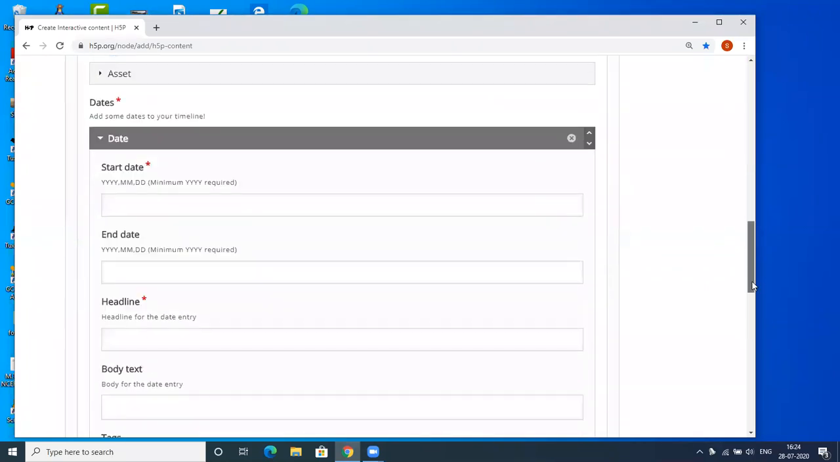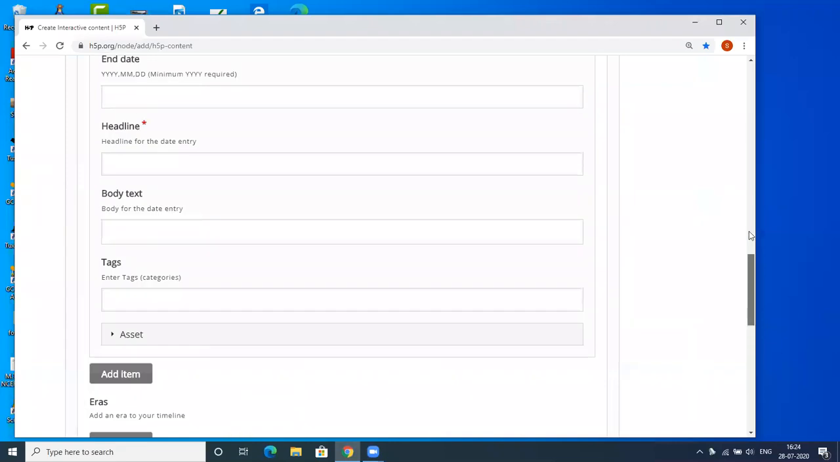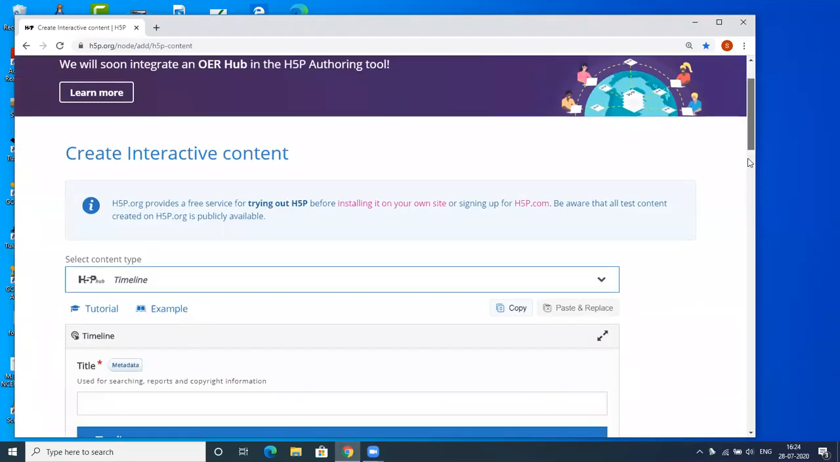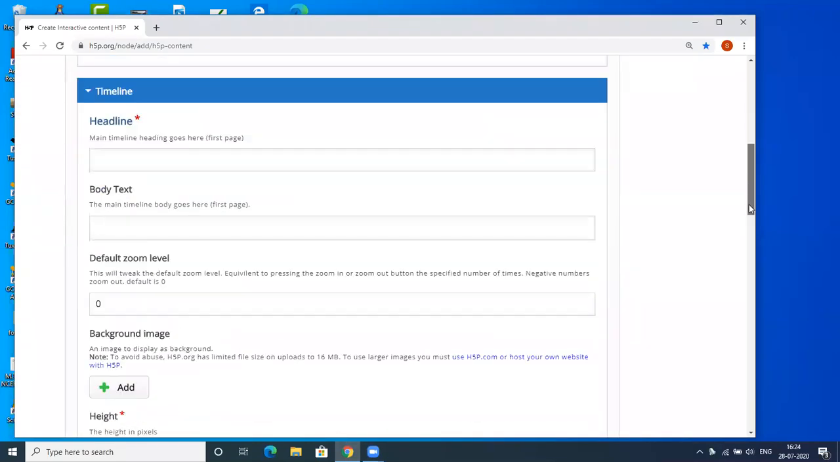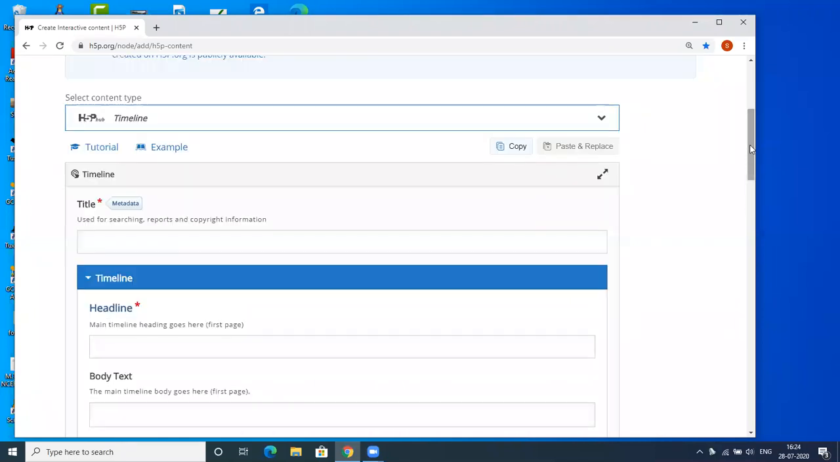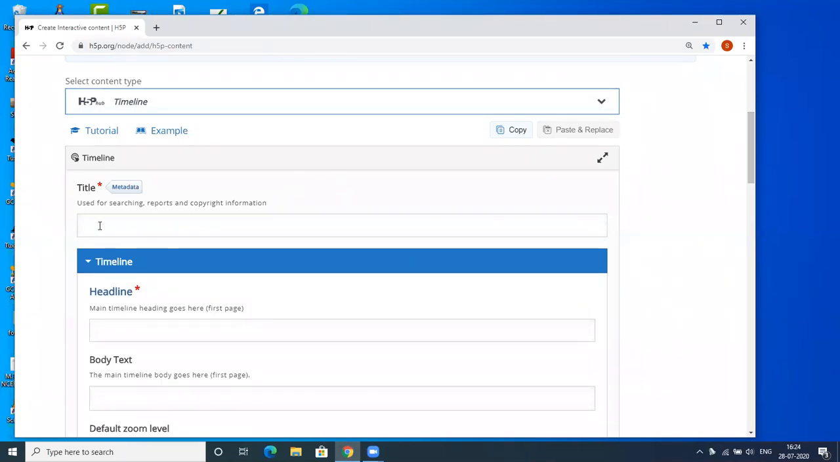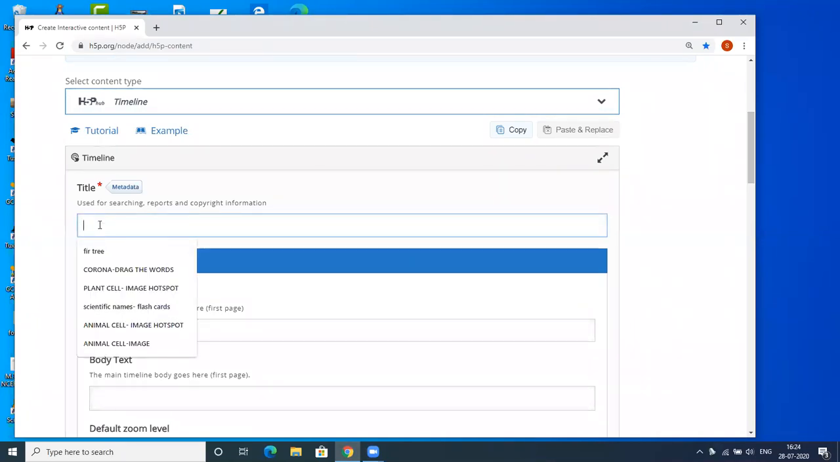Here you can see, in this page, we are going to add our contents, add our titles, add our YouTube links, everything we are going to create in this page. Now, the first mandatory thing is the title. You can see this asterisk symbol. It is mandatory. So I'm giving